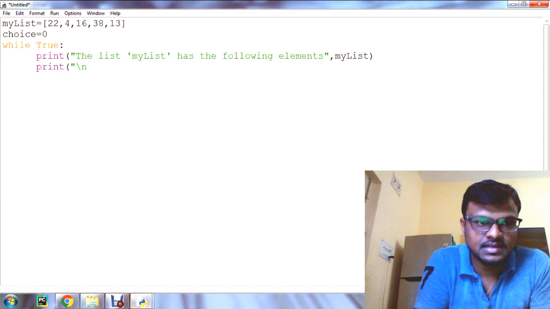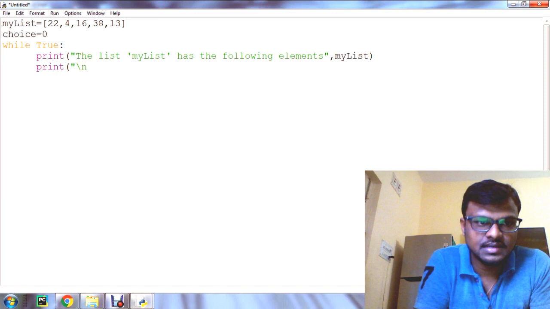Element is equal to int of input. So we have to get it from the user. That's why we write, enter the element to be appended. After this, where should it be appended?